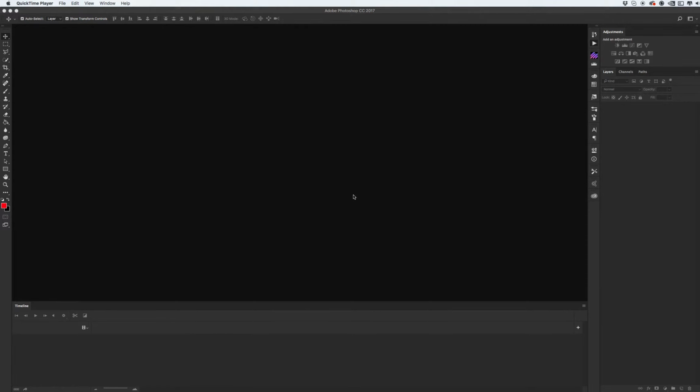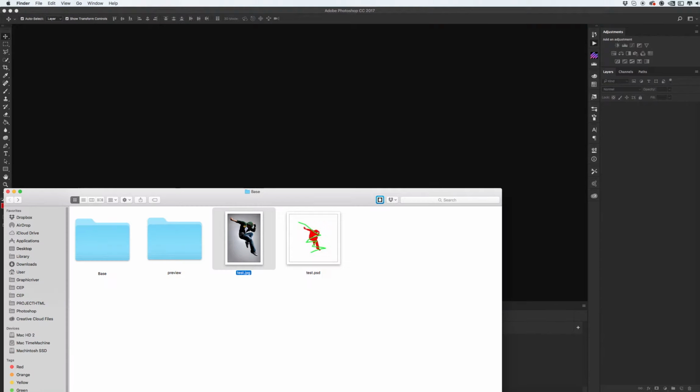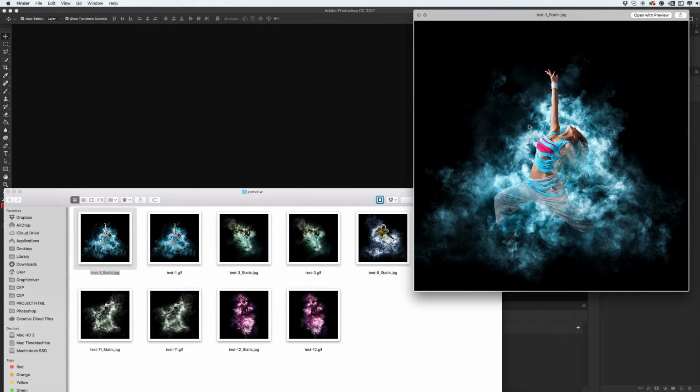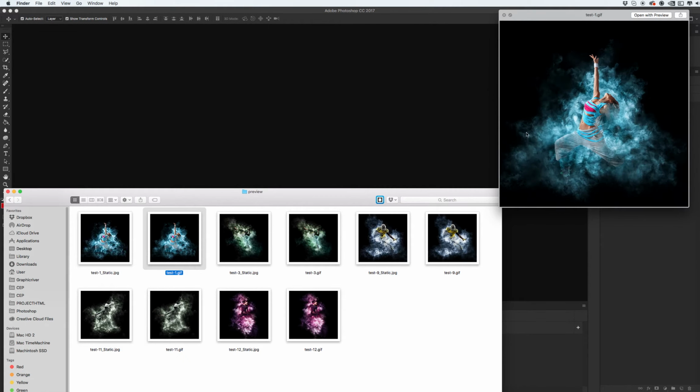In this video I will show you how to use the animated smoke effect, how to create and edit it. Let's see a few examples. And finally you can save it as a static image, like a JPEG file, PNG or TIFF. And of course you can save it as an animated GIF format or export as an image sequence. For example, if you want to use it in Adobe After Effects, or export